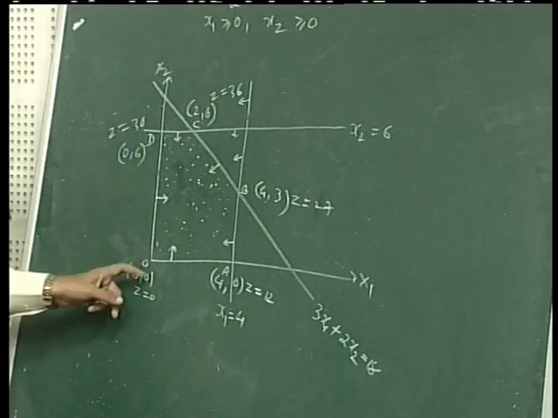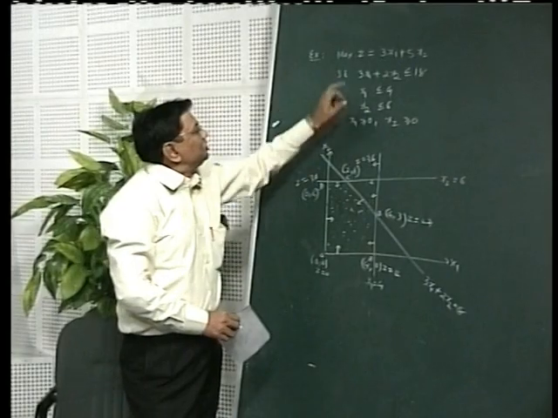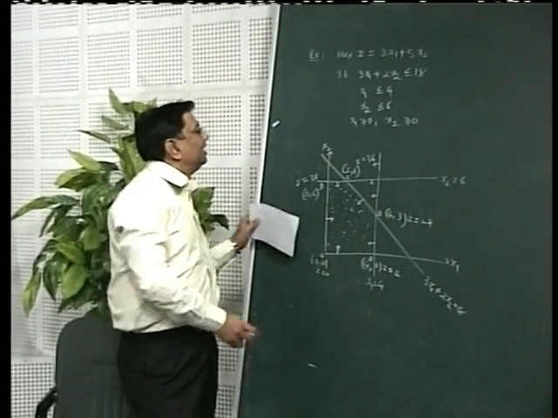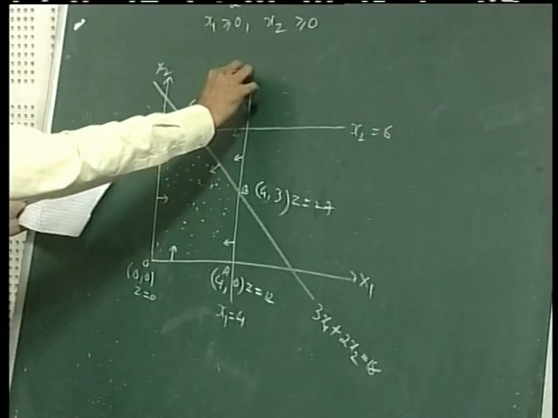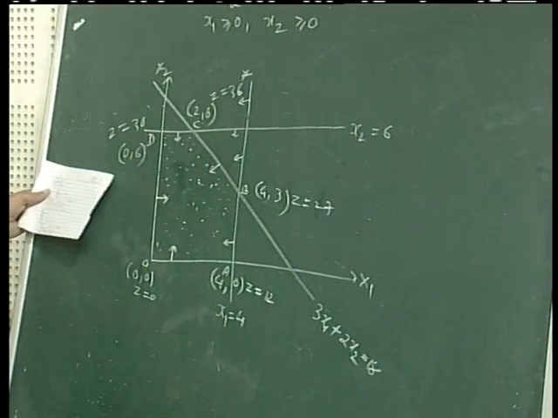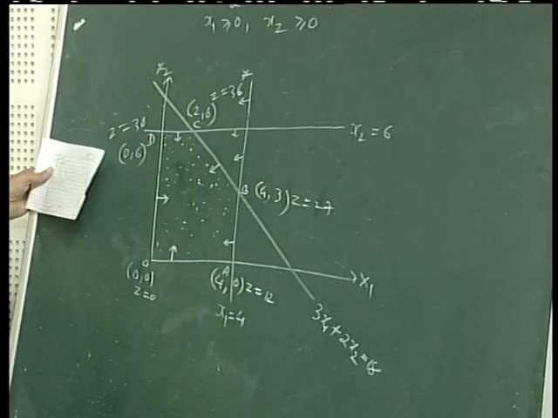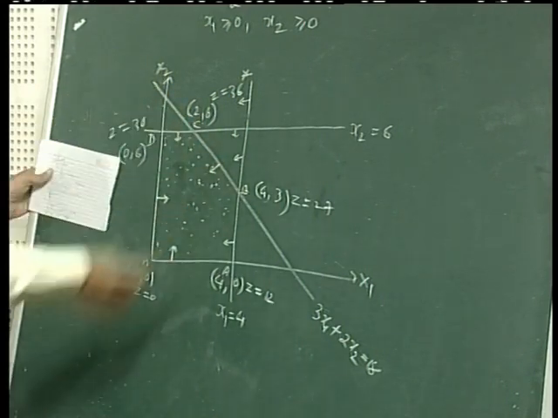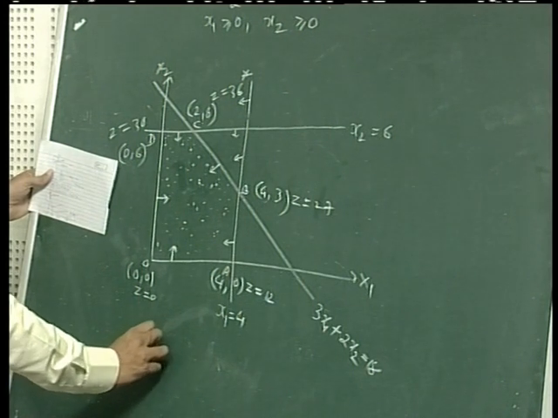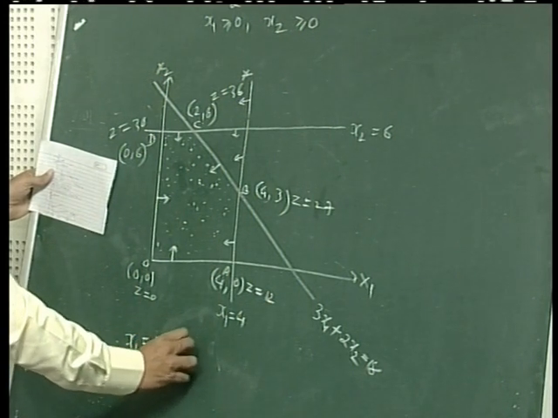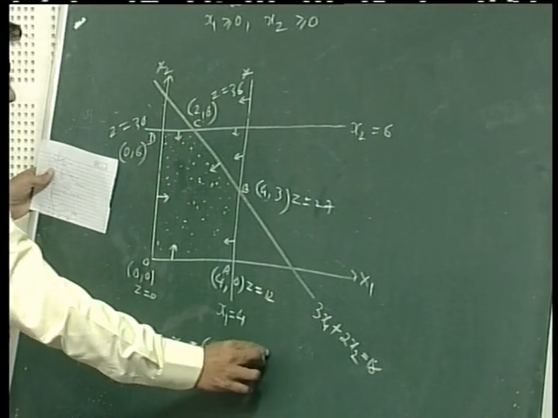So we have the values of z at all these vertices. Because we want to get the maximum value of z, we can see the maximum value of z is available here. So this is the point where the z is maximum, and that is why these are the values of the decision variables which will be the perfect optimum solution. So here the optimum solution will come out x1 equal to 2, x2 equal to 6, and the z maximum is